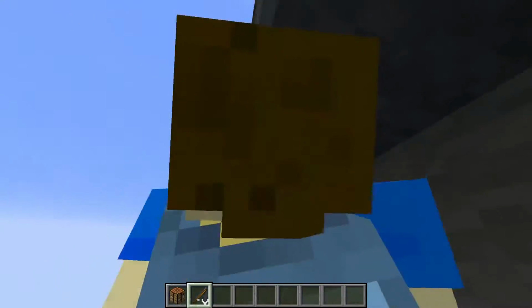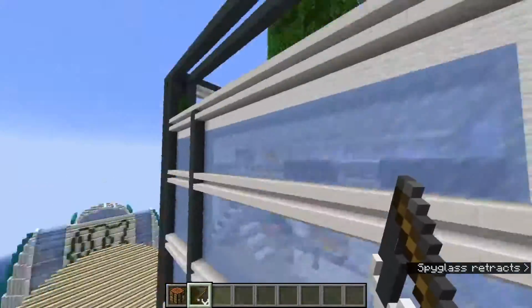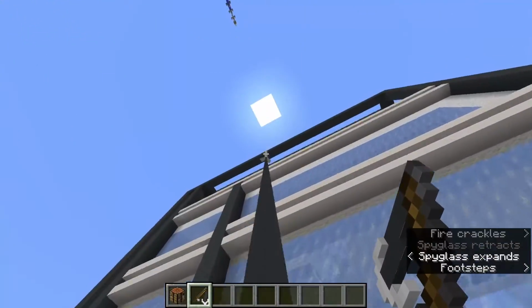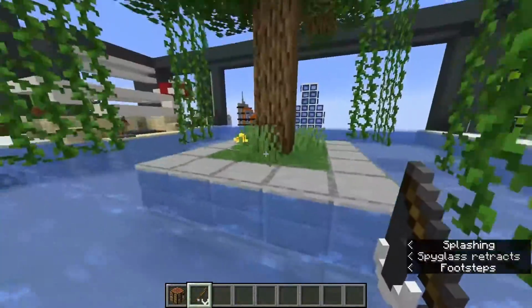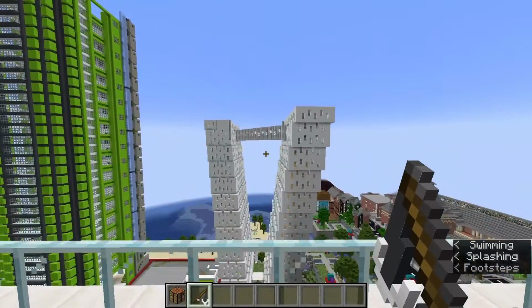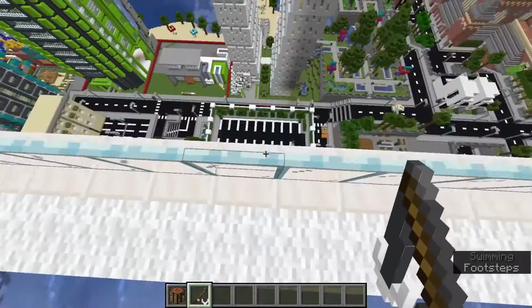It might get kind of annoying if you get stuck like this. I am getting stuck, so it's not really working, but if you don't get stuck, you can get to where you want to go. And yeah, now I'm on top of the building again. I can swing from here again,